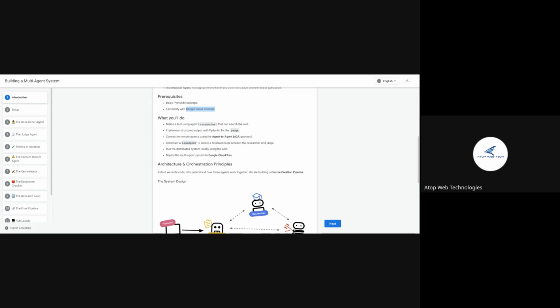It's good to know. So what should we do? Define a tool using an agent researcher that can search the web. Implement structured output with identity for the judge. And yes, of course, we need a structured output as well, because